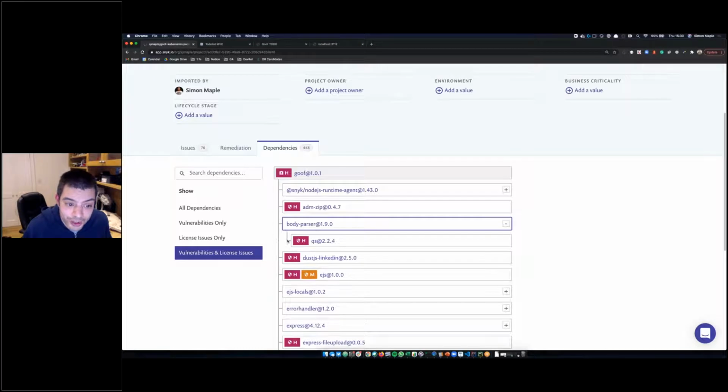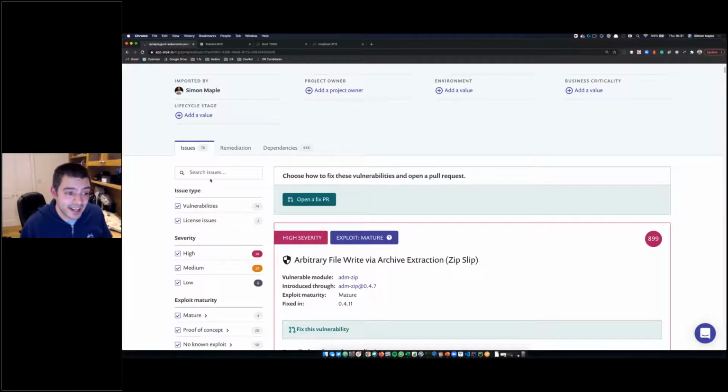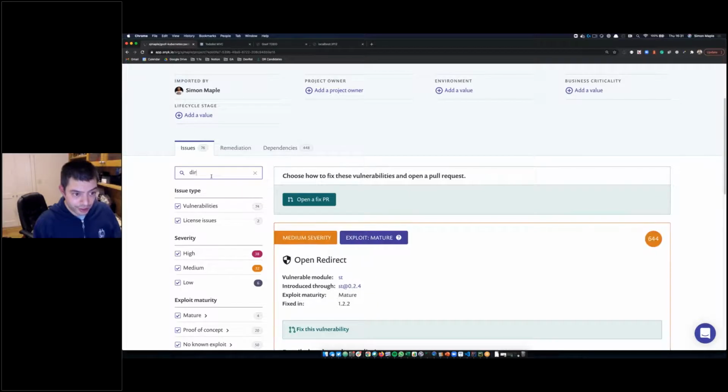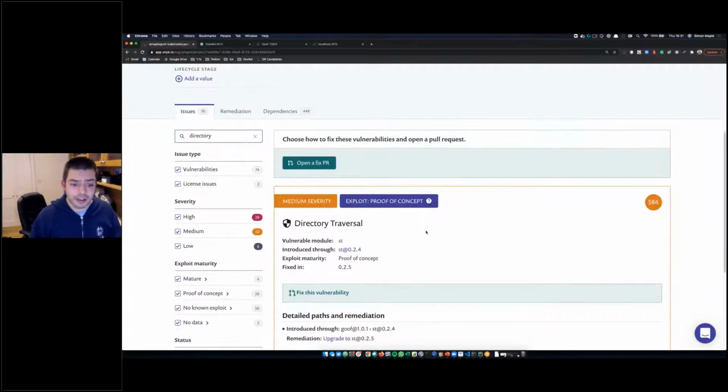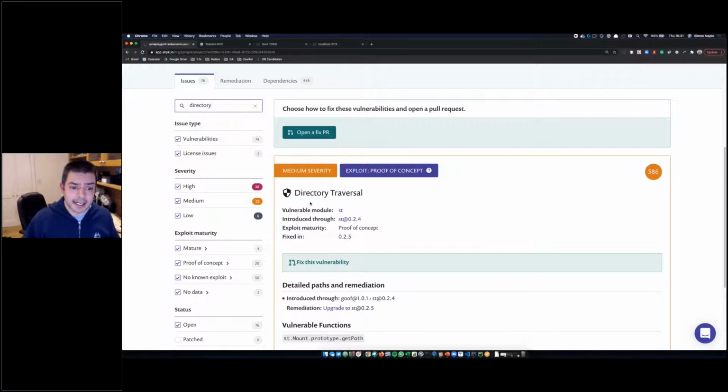You can also see transitive dependencies of this direct dependency here that also has a high severity vulnerability. I'm going to go over to a specific issue, and let's do a directory traversal. This directory traversal has a vulnerable module, ST, and ST is being pulled in at version 0.24. It does have an exploit associated with it, and it's fixed in version 0.25. So there's a remediation, and this is what I was talking about with empowering the developer, showing them the issue, allowing them to have the information that they need in order to fix it,